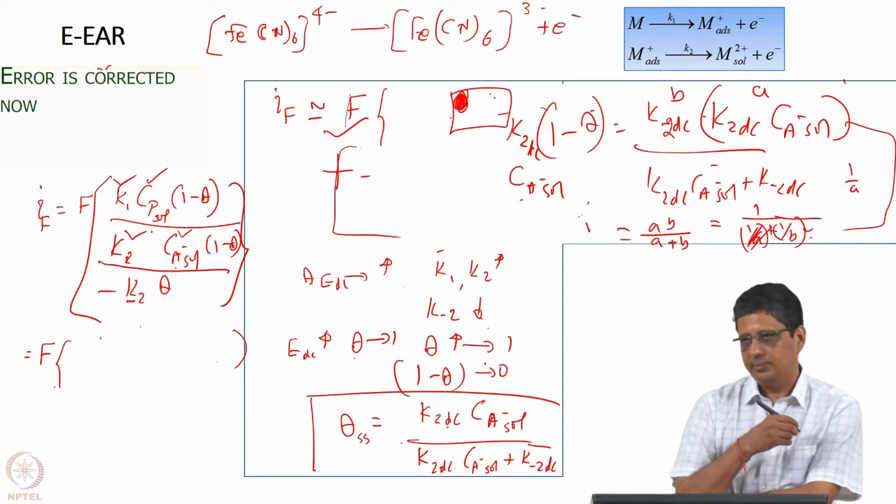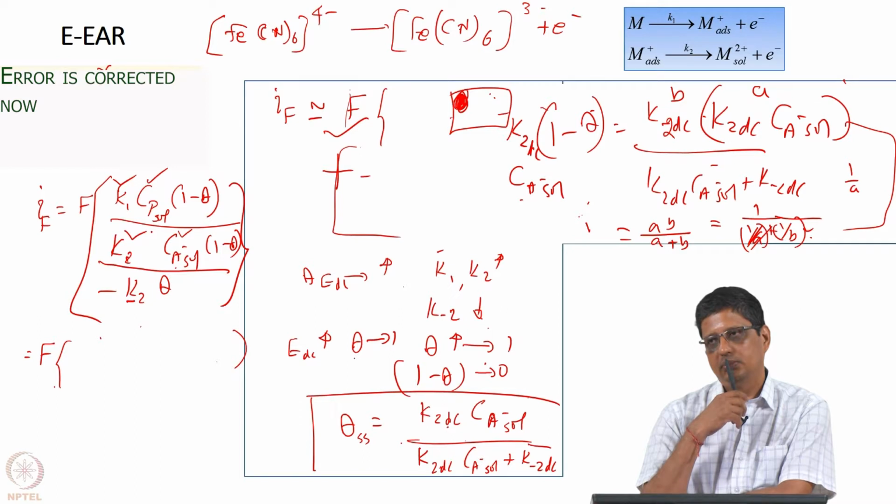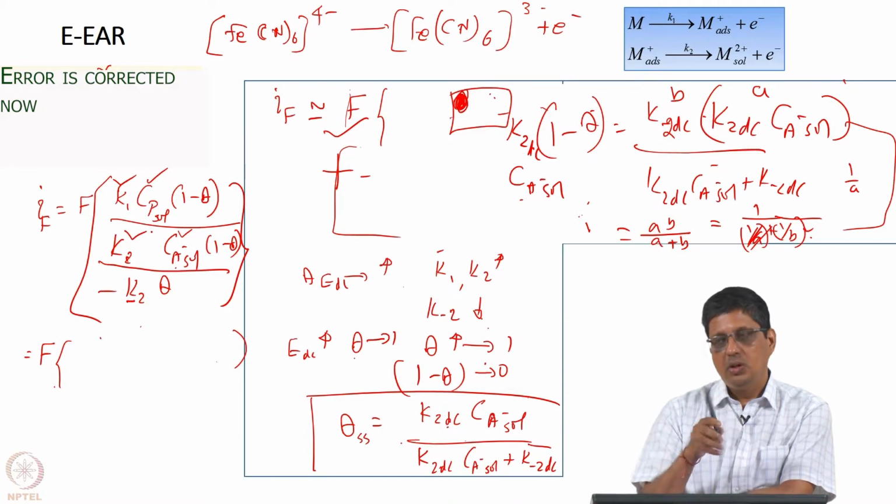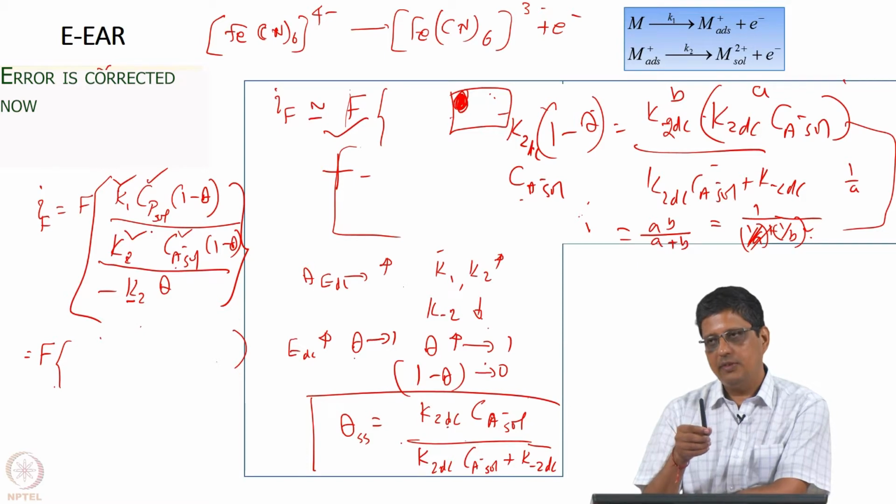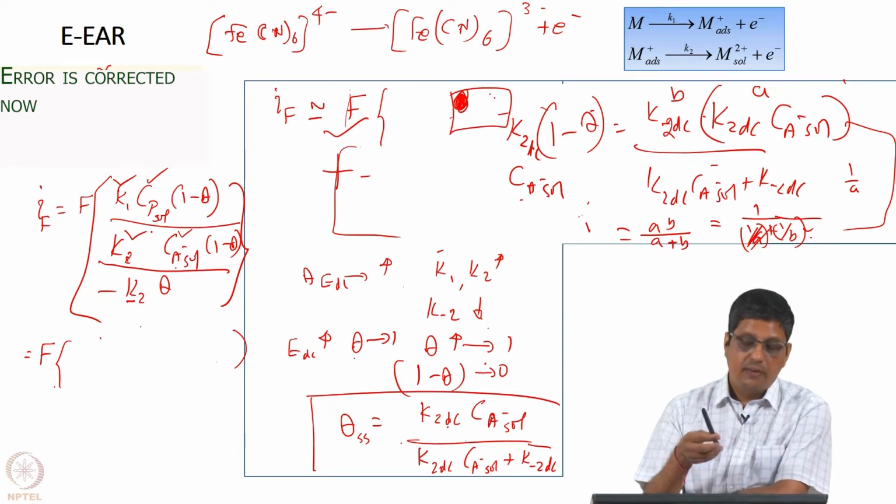So, can we say that increasing the value of K2 and K minus 2 results in more resistance in the system? Because according to the formula... No, wait, increasing the value of K2 and K1. You can't increase the value of K2 and K minus 2 simultaneously. I am decreasing it. Yeah. Because we are proving that theta is increasing as we increase K2 and we decrease K minus 2. Wait.